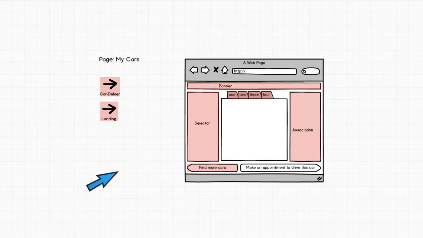And by the way, I kind of interchange between wireframe, prototype, and mock-up. They're really all very similar terms. This technically is a wireframe, so that's the terminology I should use, but you might see me slip around a little bit. Okay, so my top three pages, the landing page, the car dealer page, and the My Cars page,